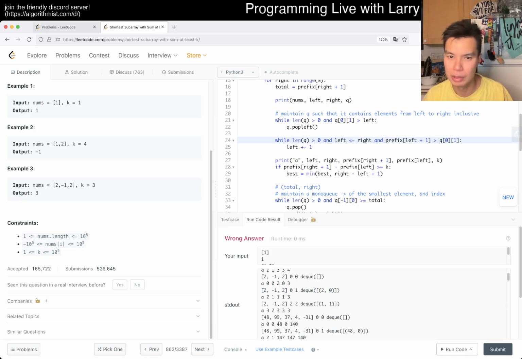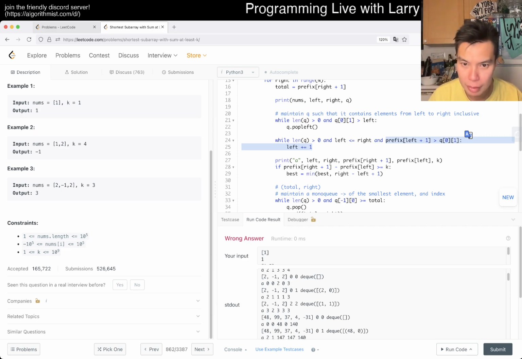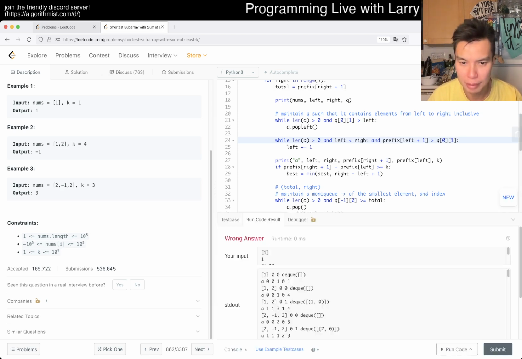Why is this always true? Prefix of left was okay. So right goes from 0, 1, 2, and then left just keeps on getting bigger for some reason. Inclusive anyway, but